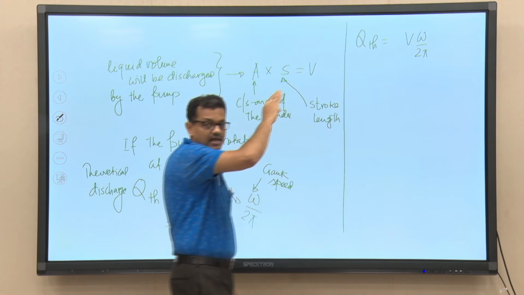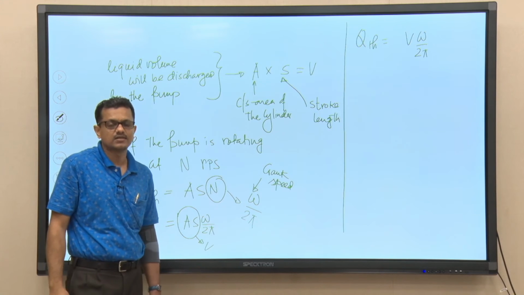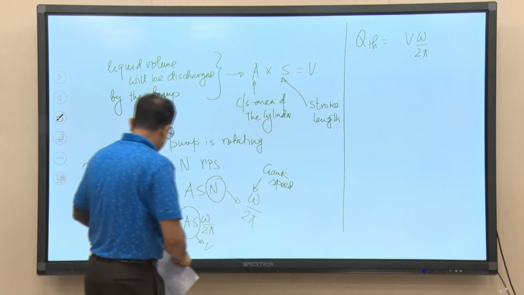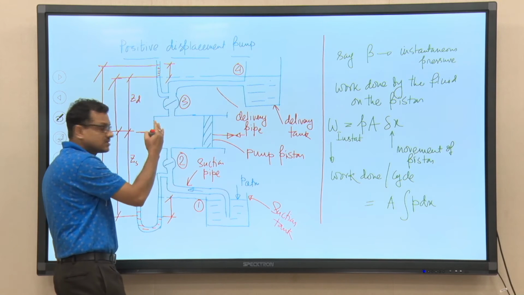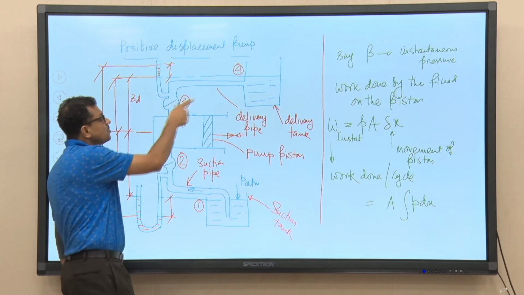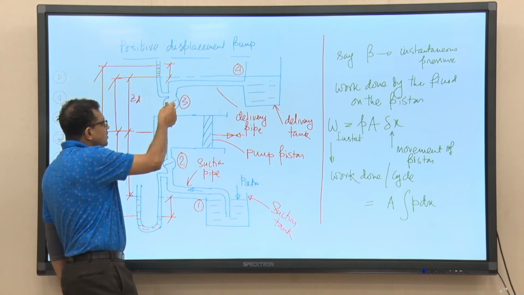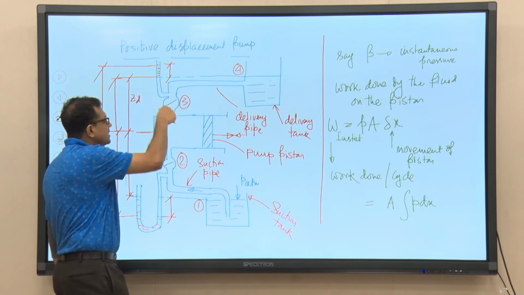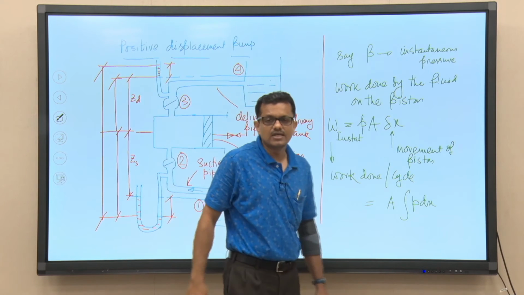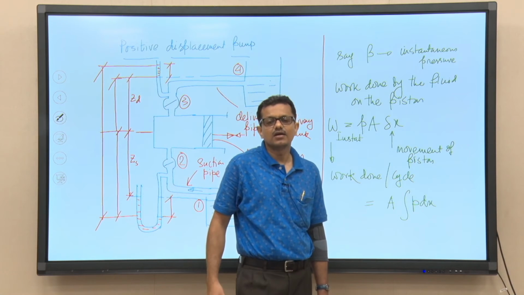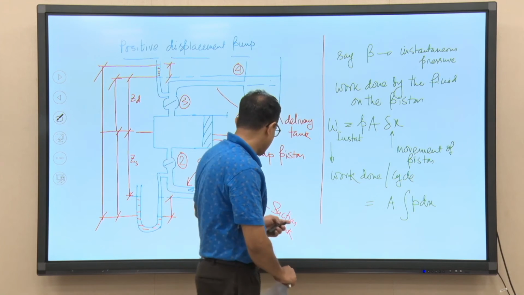Though it is theoretical, as I told you, some leakage will be there. If we go back to the previous slide, when high pressure liquid is getting discharged from the cylinder to the discharge or delivery tank, then some liquid will leak through the gland of the delivery valve, right. So, definitely we need to take into account that effect, and we will not be getting theoretical discharge, rather we will be getting actual discharge. Fine, that part I will be discussing.